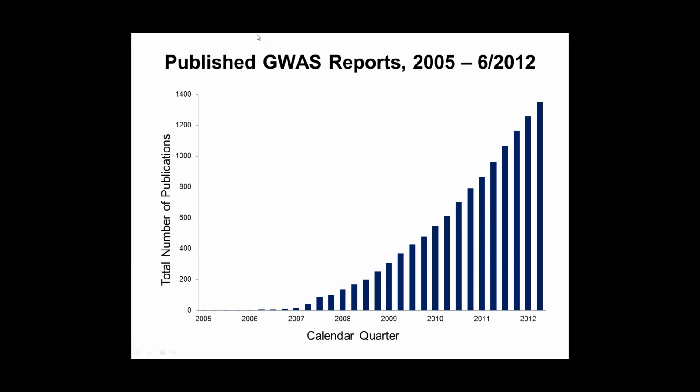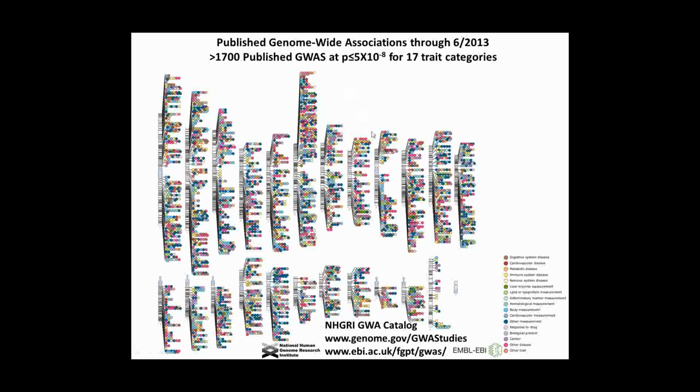And so when we look at these numbers of GWAS studies reported, we can see an exponential increase in the gain of knowledge in genetics in diseases in general, as you can see here. You can also see categories of diseases, and each dot represents here a category of disease and a genetic variant that was found in these different chromosomes. And so you can see, this was until 2013, now we have over 2,000 GWAS studies published